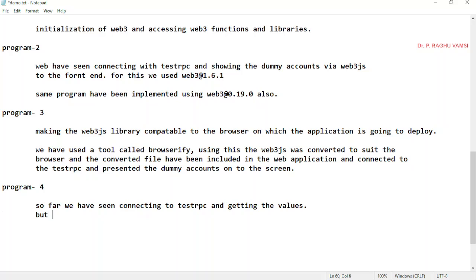But in this program we'll discuss connecting to the Remix IDE from the local directory.